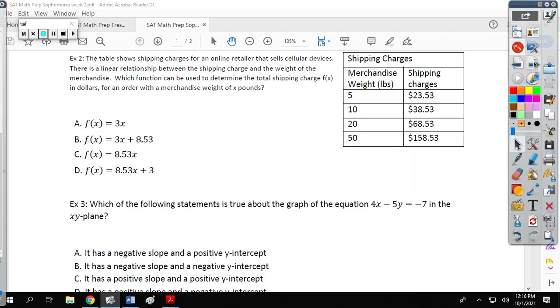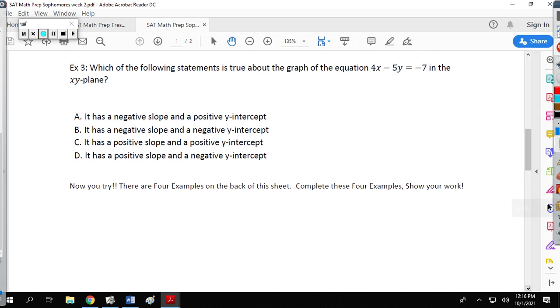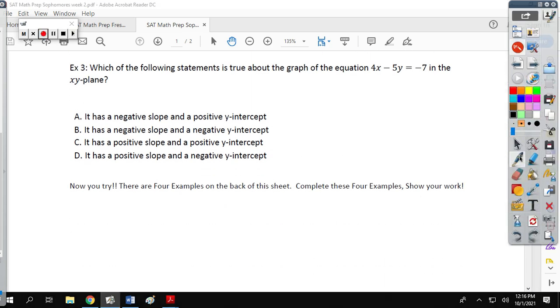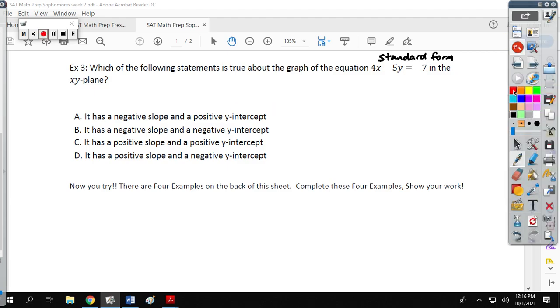All right, we got one more to go, and this is the easiest of the three. Which of the following statements is true about the graph of the equation 4x minus 5y equals negative 7 in the xy plane? This is in standard form. But it's asking us questions about slope and y-intercept, which means we need to take this and convert it into